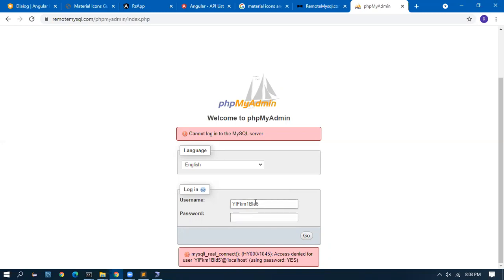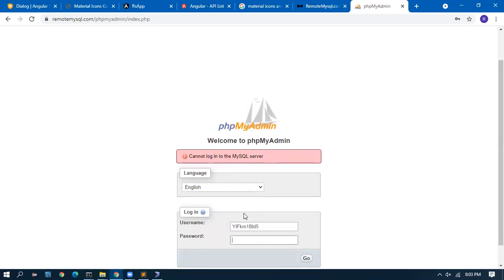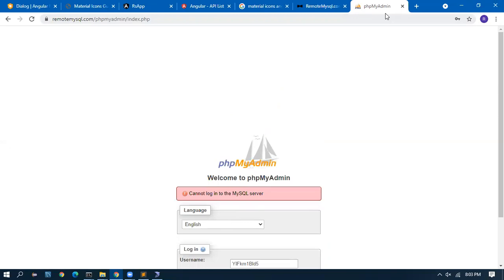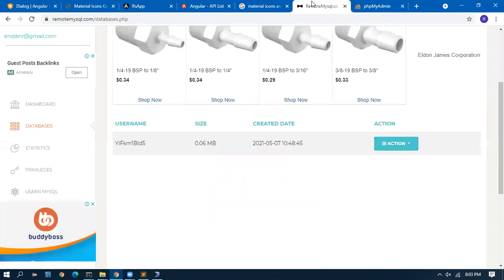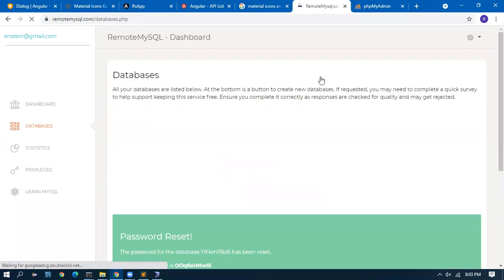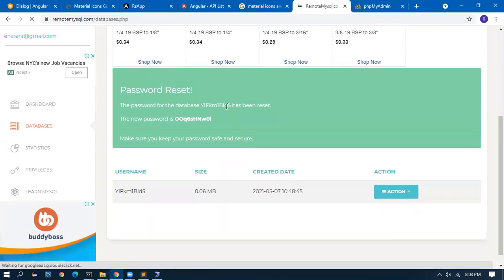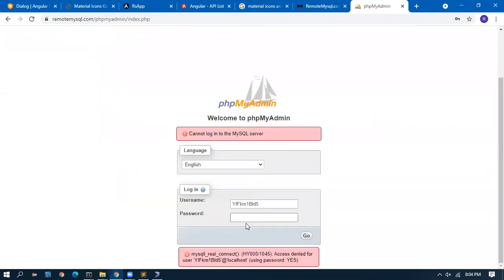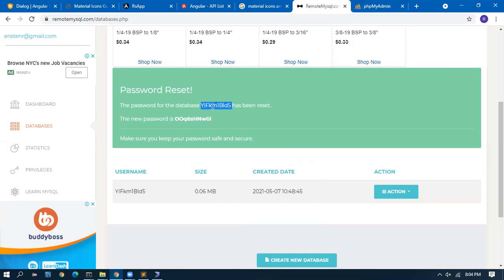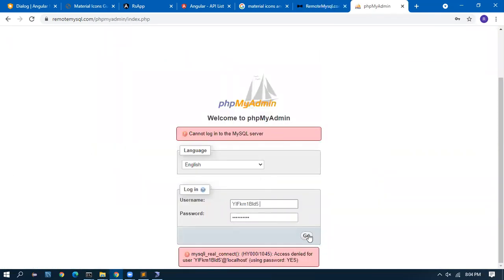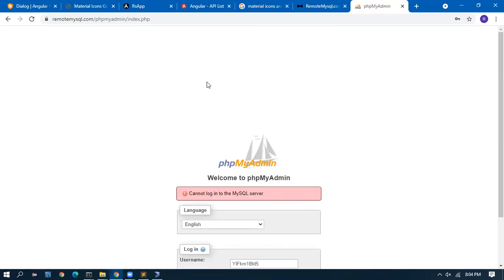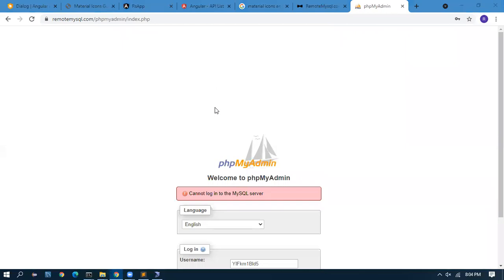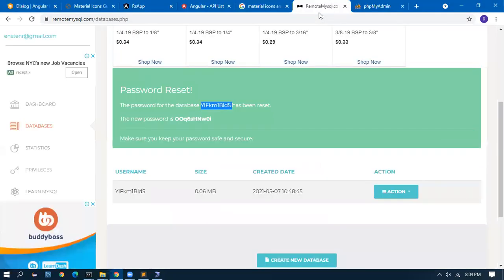I'm trying to connect to the database. No. It's not logging in.